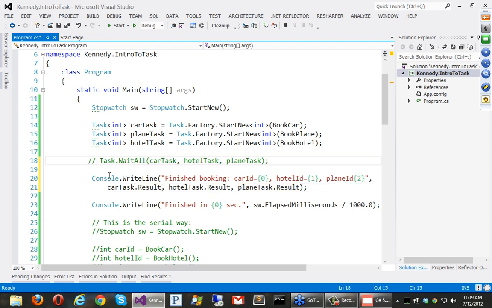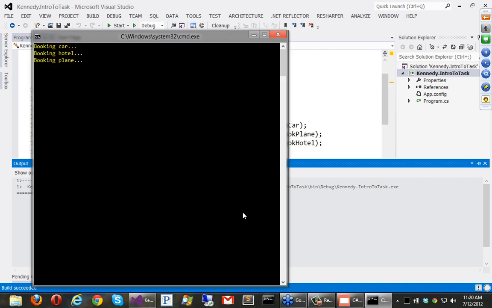Okay? And what will happen is we're going to run through these, start them off straight away, and then we're going to try to write out this line, but the runtime will try to access the value of Result, but Result is not available. So it's just going to do exactly the same thing as waiting. It's going to wait until the car is done, and then it's going to try to access the value of hotelTask.Result. It's going to wait until that's done, and then same thing for plane. So we don't actually need to wait if we're accessing all the values. Okay, so you can see it didn't just run to the end. We're waiting for the car to be done, then the plane, then the hotel. Right, and then we get these IDs back. And I forgot an equal sign, but you get the point, right?